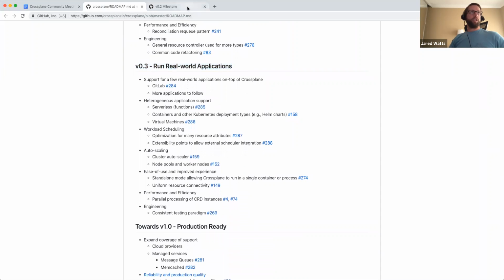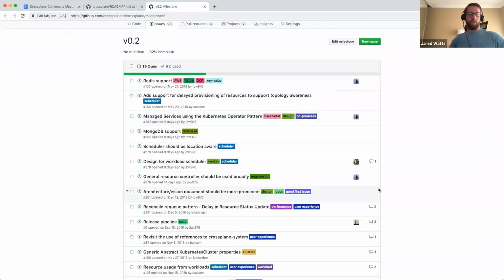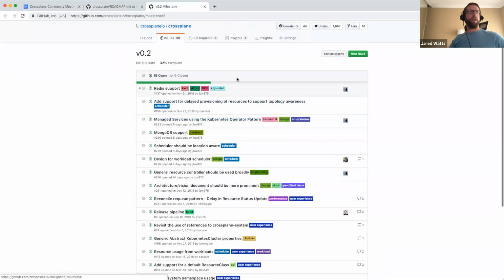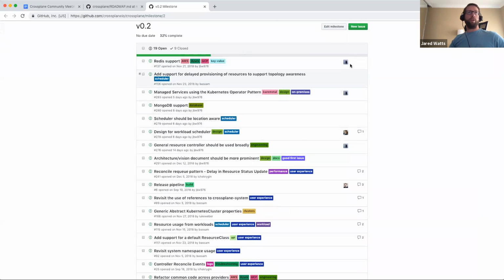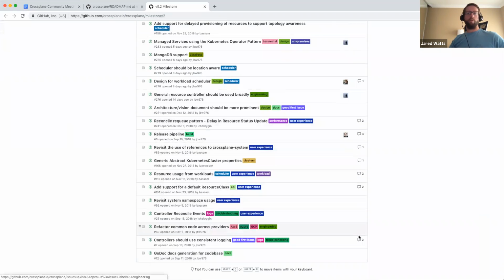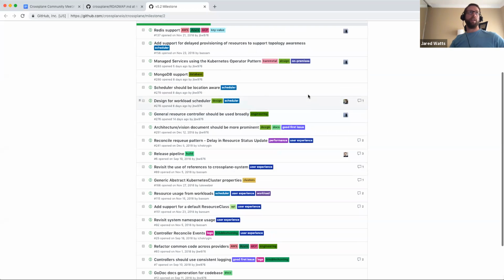So looking at the 0.2 milestone, all the milestones, issues and projects are up to date on the GitHub site now. You can see in the 0.2 milestone that there's a number of issues that don't yet have owners, but we've identified them as issues or features that we want to implement for 0.2. So what this is saying is that there's a lot of opportunity from the community to pick up some of these issues. As we get through them, we'll claim more issues as we free up other developers to work on them. But there's a lot of good opportunity here for folks in the community to identify something they may be interested in and start taking a stab at that work as well.